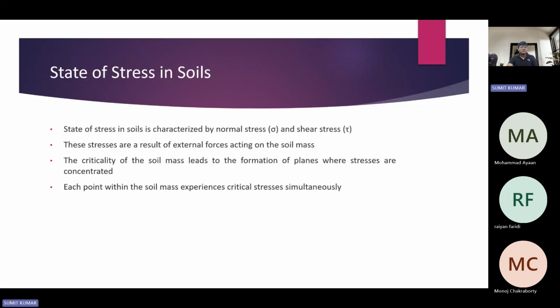Moving ahead, we can talk about the state of stresses. The two states of stress are, first, the normal stress and, second, the shear stress. How these develop, how we will solve it with the help of the Mohr circle, and afterward the problems associated with the same, we are going to discuss. But